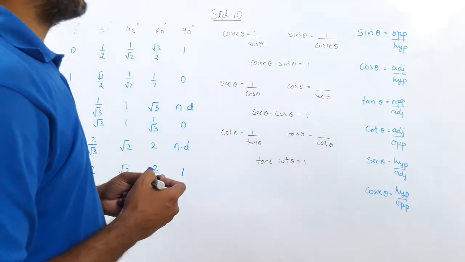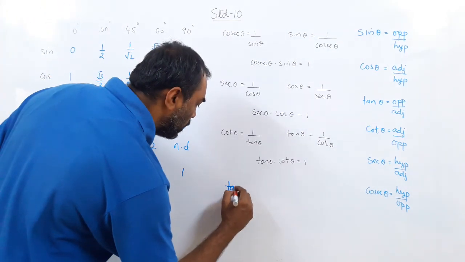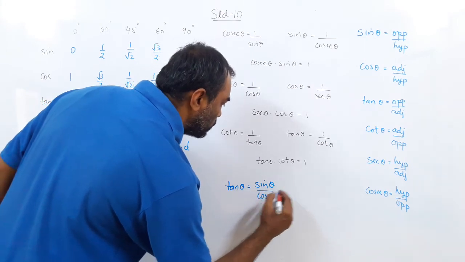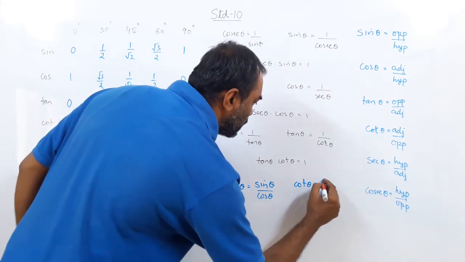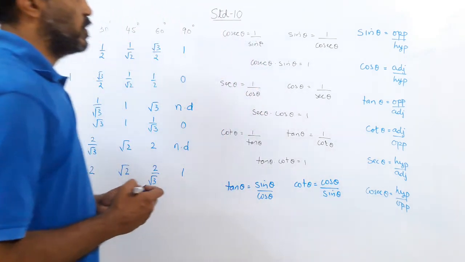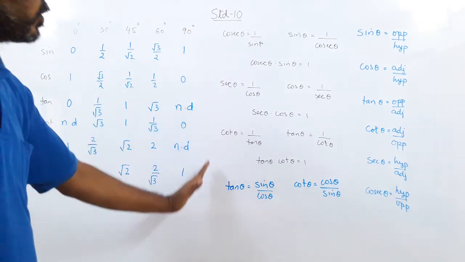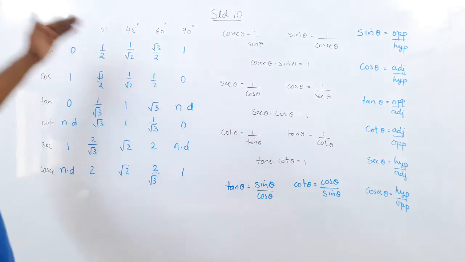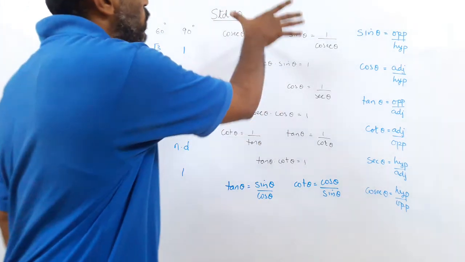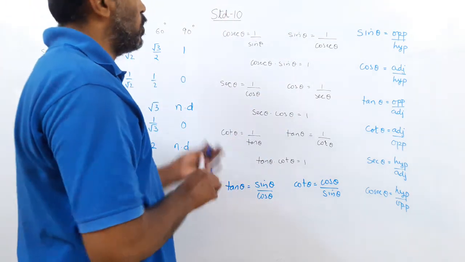These are called reciprocal identities. And the other identity we have is tan theta equals sin theta upon cos theta, or cot theta, the reciprocal, is cos theta upon sin theta. So with the help of these identities, we have learned today new identities, the reciprocal and the quotient identities, and applied them to complete the table. The application of this we'll do tomorrow, but what you can observe here, all these are called the trigonometric identities.